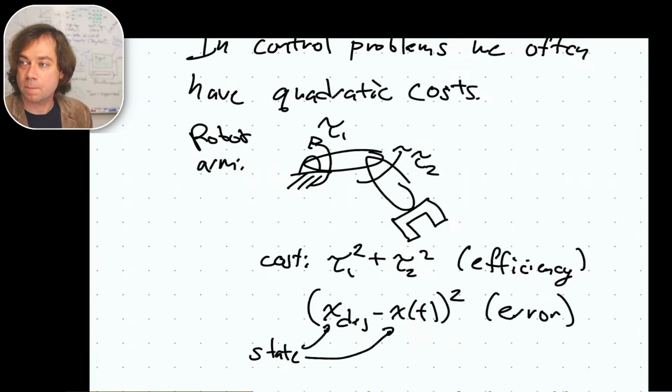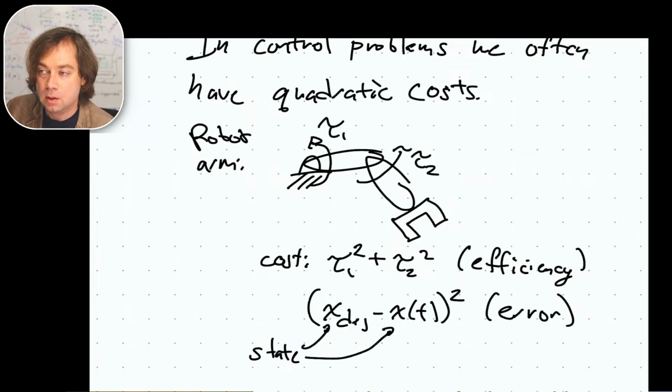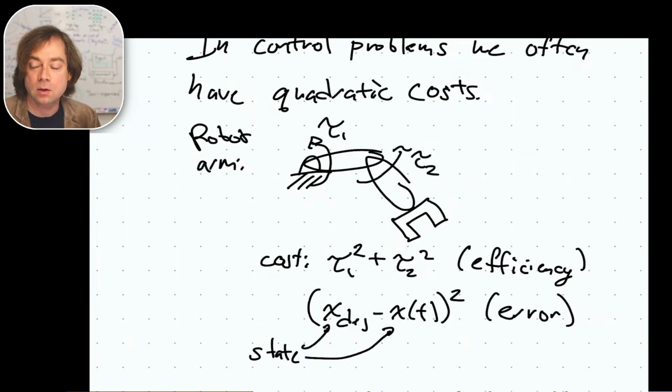Squared cost is important, okay? So quadratic programs show up all the time in control. Okay. Your next homework is going to make sure that you know how to set up optimization problems and solve